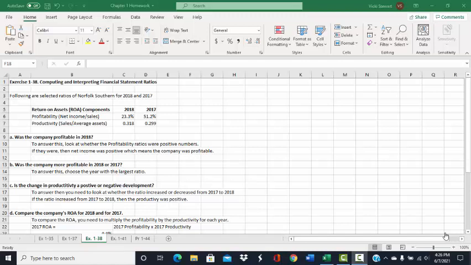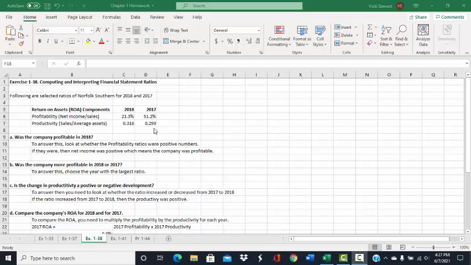This is a demonstration of exercise 138, computing and interpreting financial statement ratios. This problem gives us selected ratios for Norfolk Southern for 2017 and 2018. So they are giving us the components of return on assets. The two components of return on assets are the profitability, which is equal to the net income divided by sales, and then the productivity, the sales divided by the average assets. So we are given those ratios and the percentages or amounts for 2017 and 2018, and then we're asked some